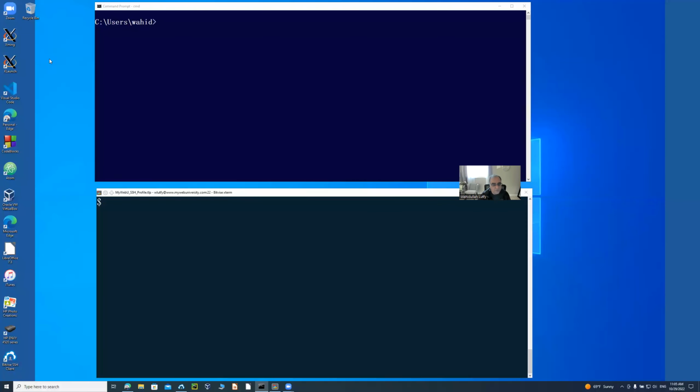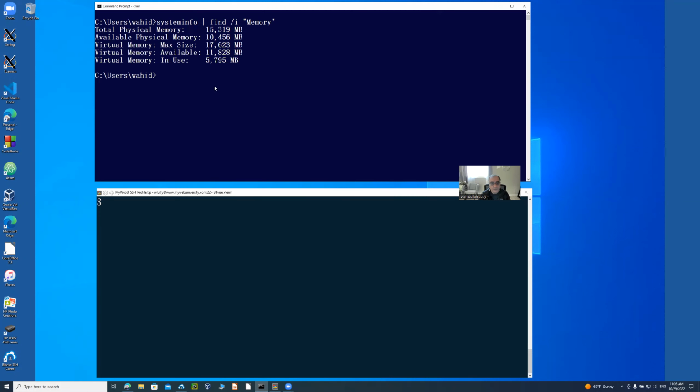Okay, now we're going to compare the memory commands on Windows versus Linux. On Windows, if you run systeminfo pipe find /i, I meaning ignore the case, for the string memory in uppercase or lowercase, it will show you the memory that you want. Similarly, on Unix, if you just do this command saying